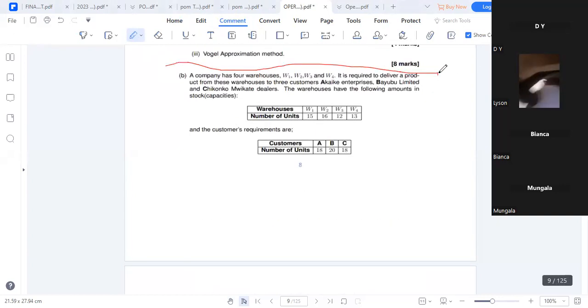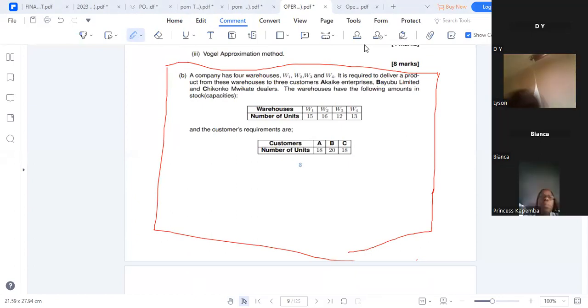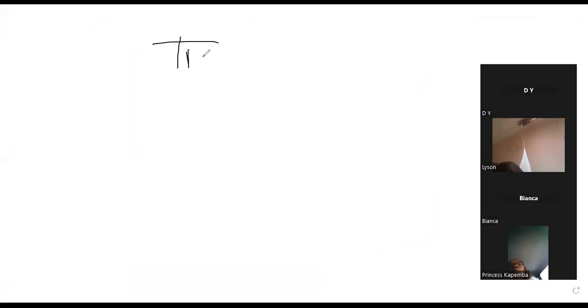But before we look at the question, we need first and foremost to look at the types of transportation. So under transportation problems,